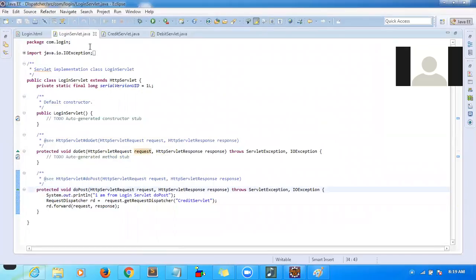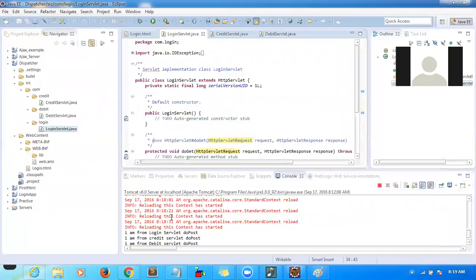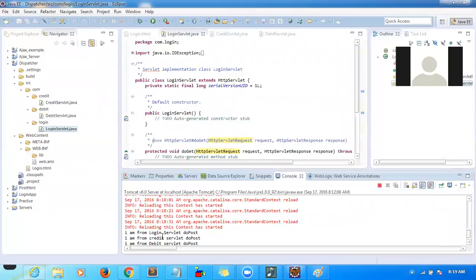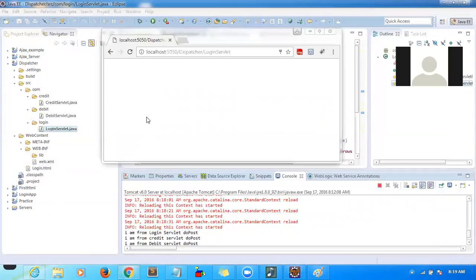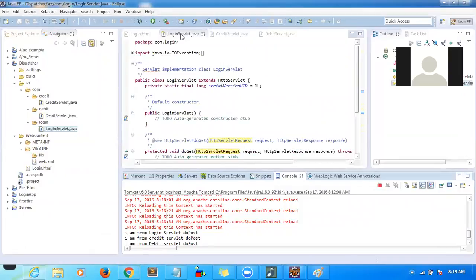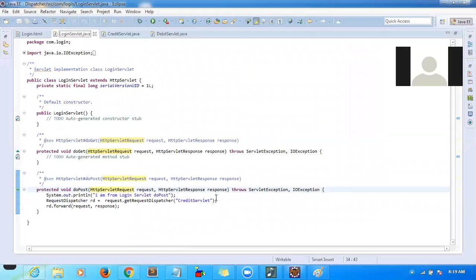So right now what we are doing is showing the message in the console, right? So I want to see the message in the browser. How do we display that kind of message in the browser? So now let me